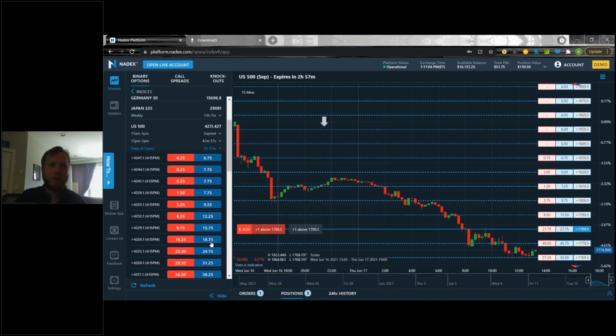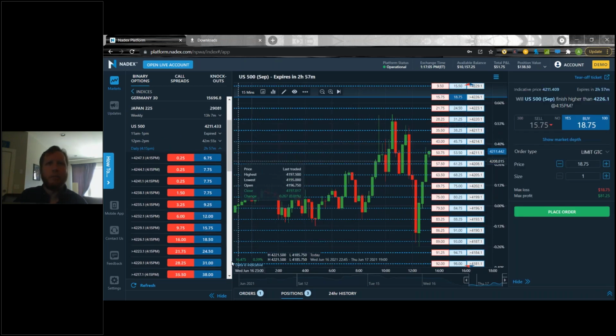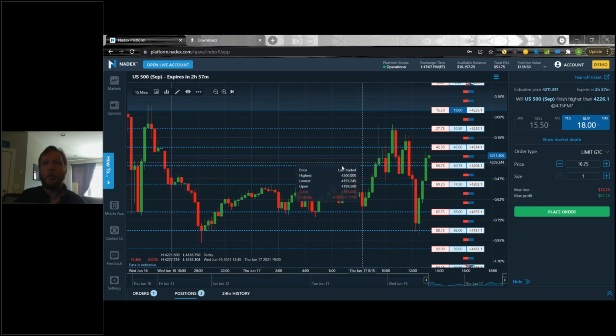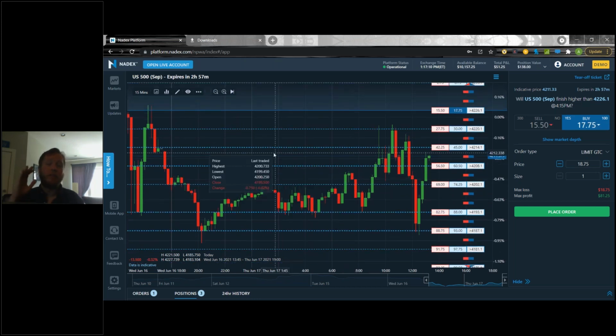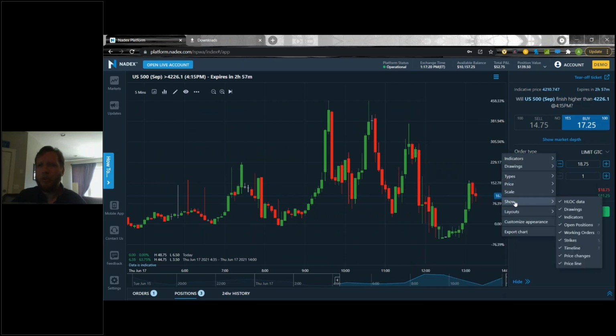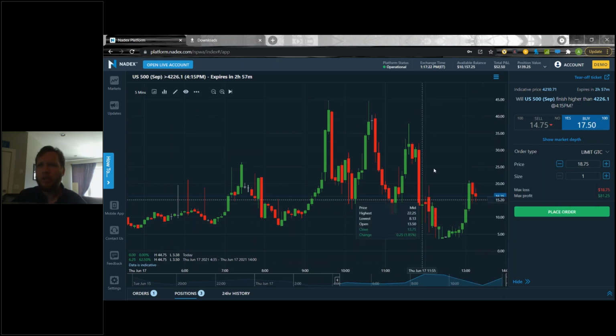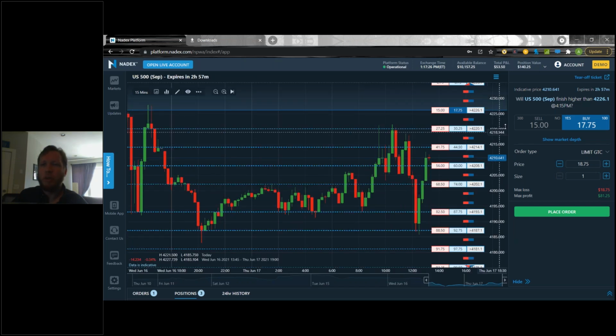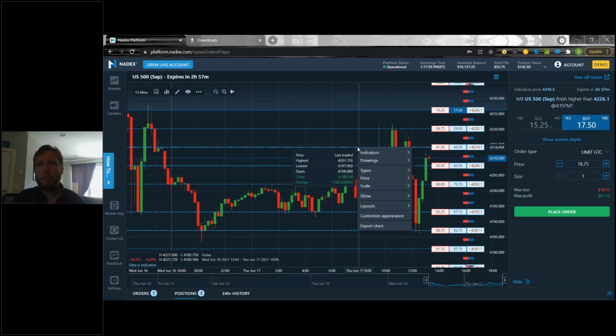I don't know, go to US 500 here. So all of you may notice that the actual charting on the platform itself is going to be based on the underlying market price. But if I go to my quick charts, and let's go over to the linear here. If I am on the default chart, this is going to be the price of the underlying market, like 4,200 here for the S&P 500.